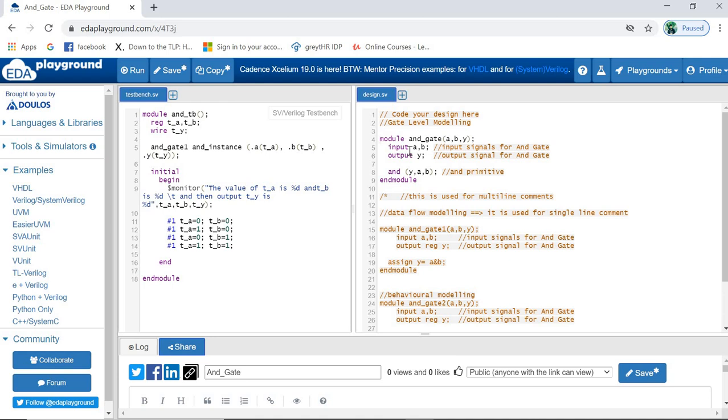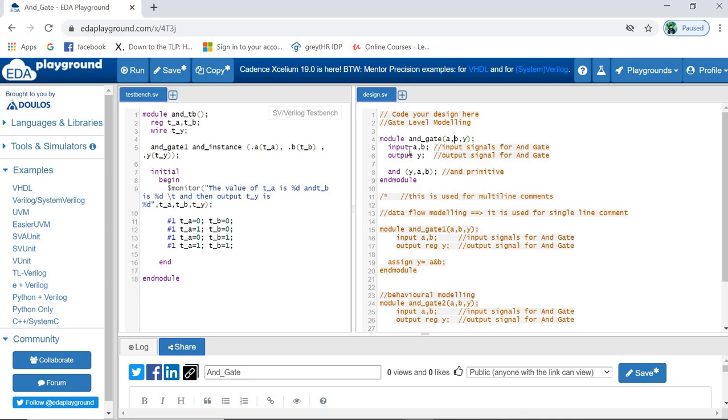For the coding design, we have to use module, then the module name, and then we give the ports. If you haven't seen the previous videos, I would suggest you watch them to understand how to write this.